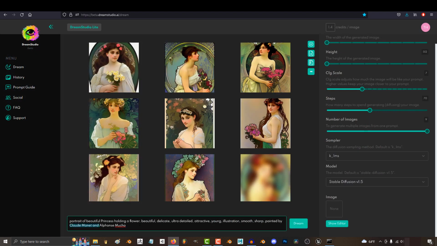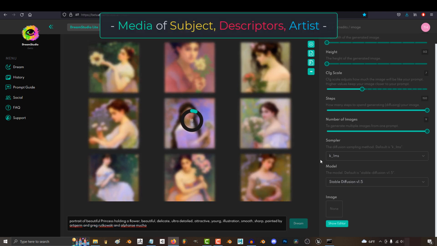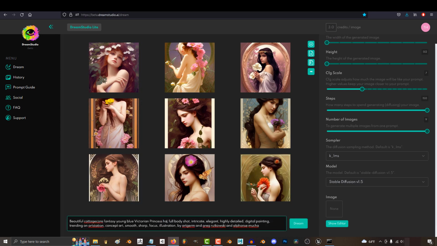By far the most common combination that everyone likes is Artgerm, Greg Rutkowski, and Alfonso Mucha. You can never go wrong with these 3. So just remember the format is type of media, subject object, descriptors, and the artist. That's your format. So if you're trying to generate an image of a princess in a blue dress holding a